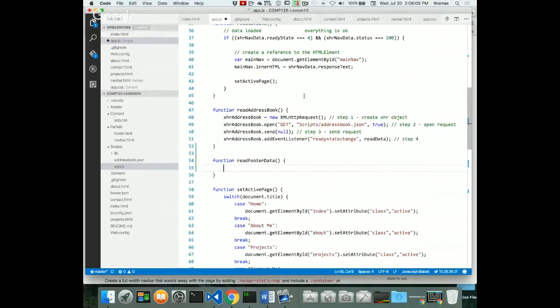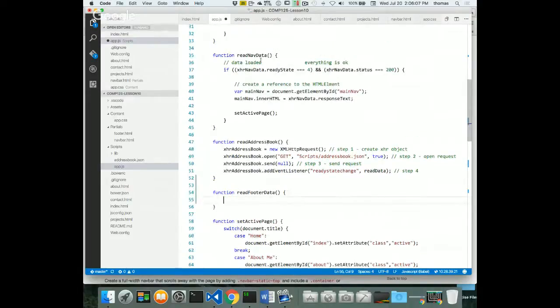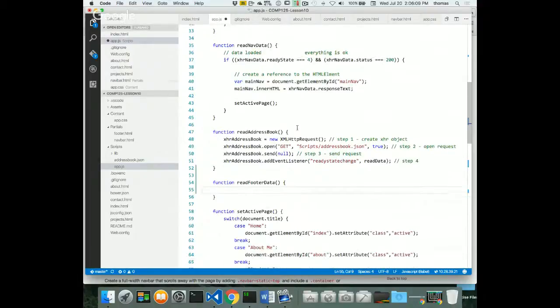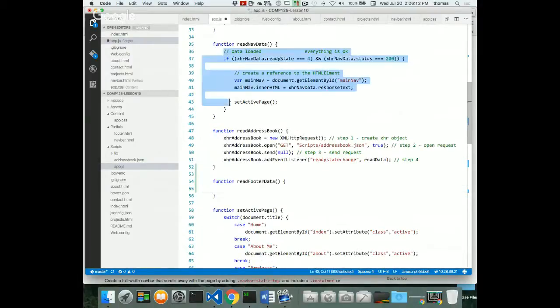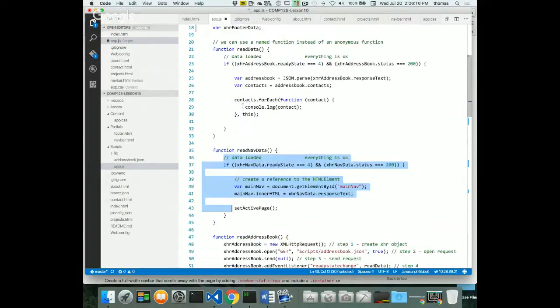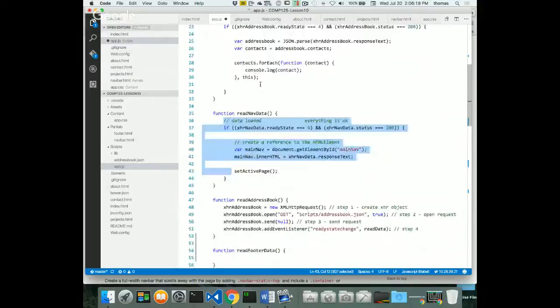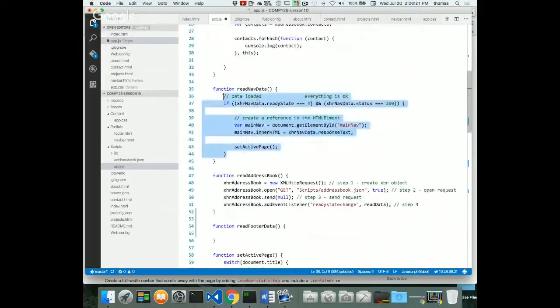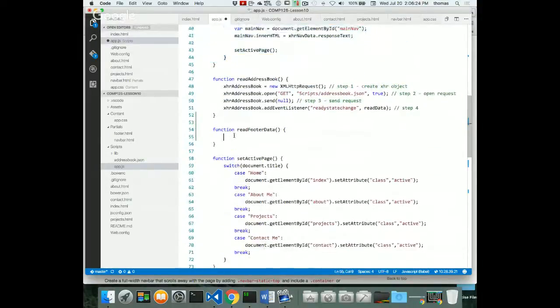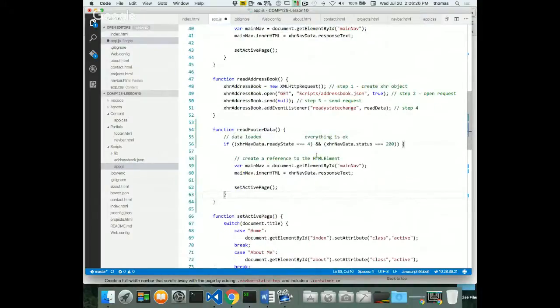I don't have anything there to do. And it's going to look more like this read nav data than read address book, right? So it's going to look more like this. I'm going to take this piece, right? Actually, it's going to look more like this piece as opposed to that piece. There we go. Get rid of this, and I'll put that in there. That's what it's going to do. Instead of doing this, it's going to attach to footer, right? So a thing with footer. And instead of XHR nav data, we're going to say XHR footer data,